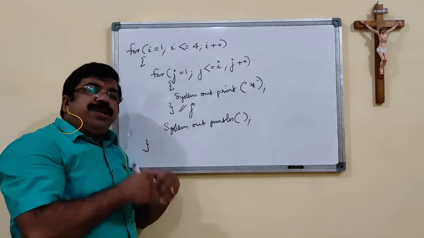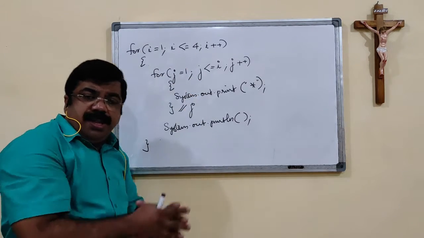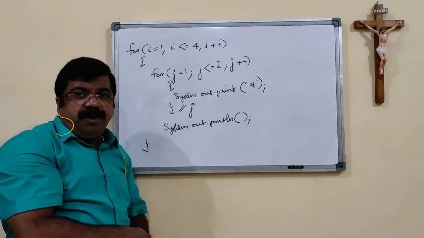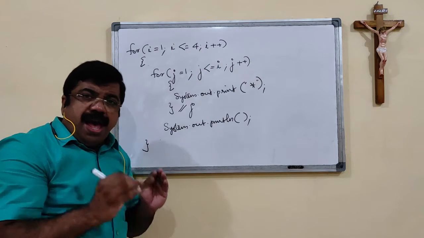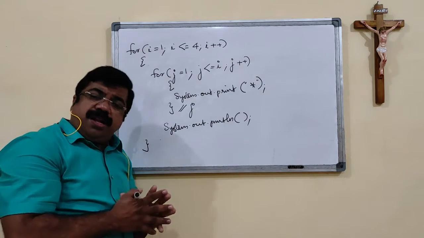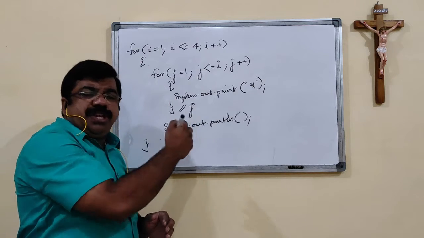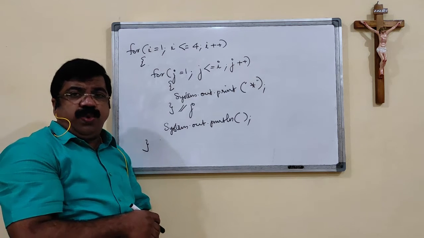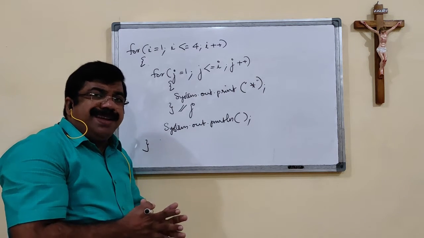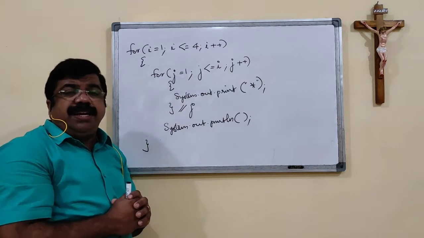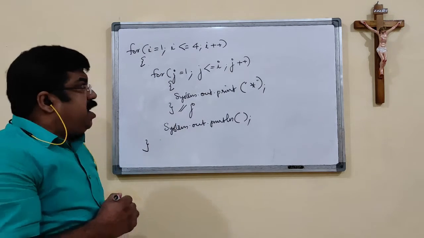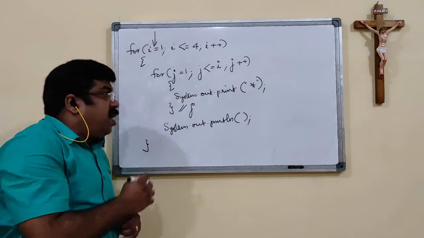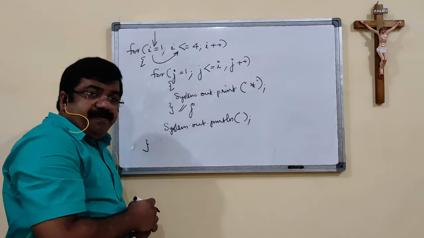Now let us see how it works. What is the nature of the nested loop? When we start the program, assume that the variables I, j are declared. Then the rest of the statements, the void main, is also written. Within that we are writing I equal to 1. When a loop is getting started, the variable will get initialized. The I is getting a value 1. Then immediately after the initialization, it goes to check the condition.